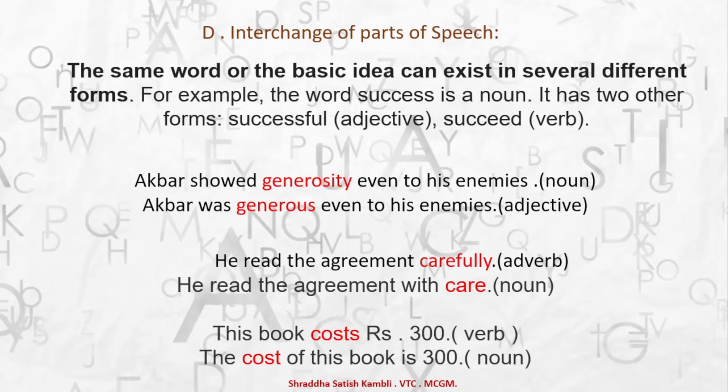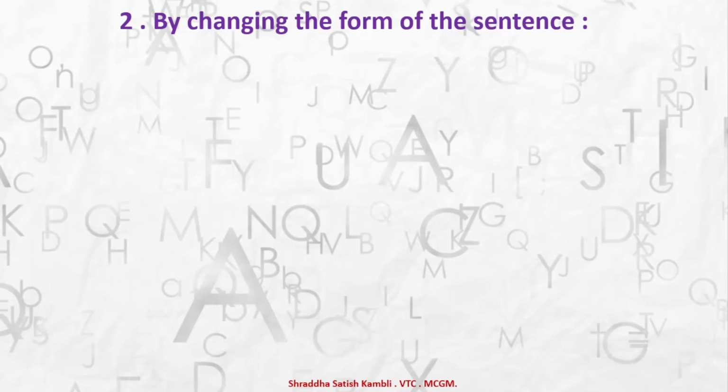See how we have changed. Okay, we have replaced an adjective with a noun, an adverb with a noun, a noun with a verb, but the meaning of the sentence has not changed anywhere. So this is how you can interchange the words, that is, you can interchange the parts of speech. Okay, we come to the second way now, by changing the form of the sentence. Now, what is the meaning of form? Certain sentences could be in the positive structure. Certain sentences could be in the form of statements. Certain sentences could be in the form of questions.